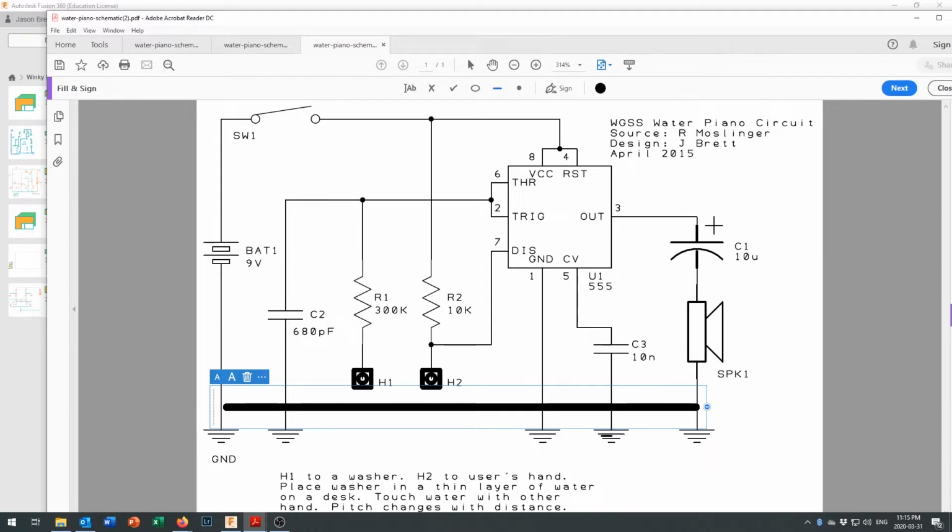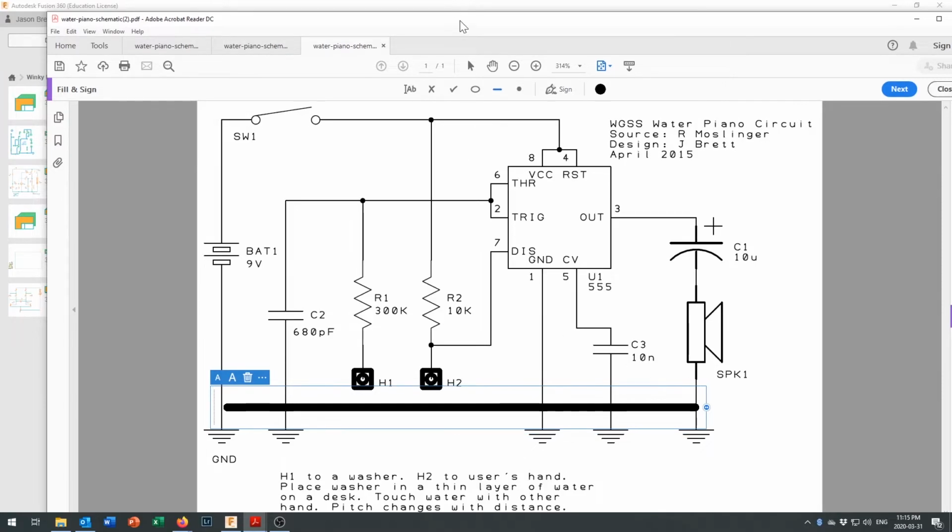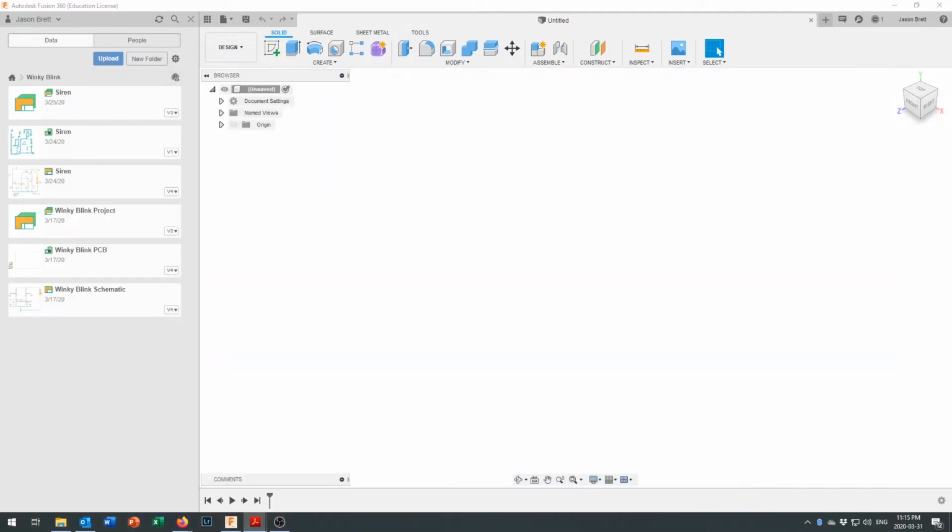Now on your printed circuit board, you do have to have one piece of copper connecting these all together. They do all have to be joined to each other because they all do have to be at ground. But remember that schematics are about telling the story of the circuit board, and you want to tell that story in a clear and easy to read fashion. The circuit board is about implementing that story, making that story happen, and that's where things get a little bit trickier sometimes. Okay, download a copy of the schematic, put it on your other screen, and that will guide you